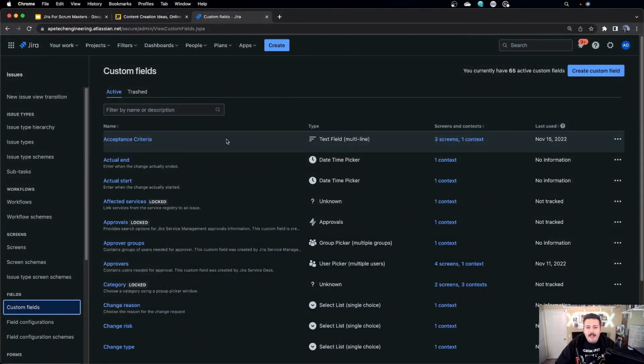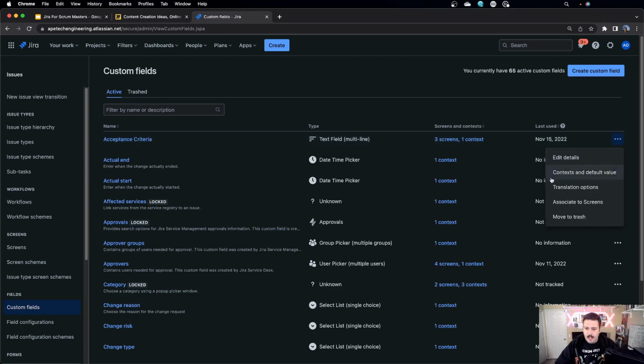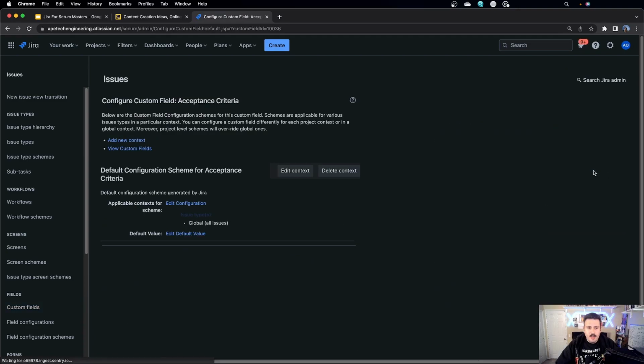So once you have identified your field, in my case, I'm going to do this acceptance criteria field here. You're going to come over to the right to this ellipses. You're going to click on context and default value. Once you click on those, you'll be able to see, wow, this